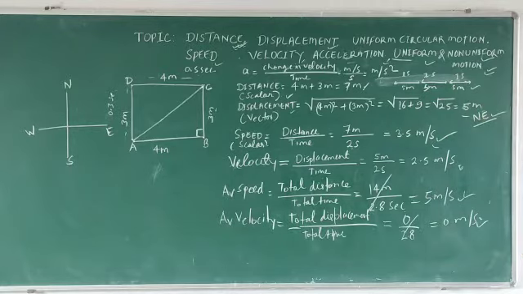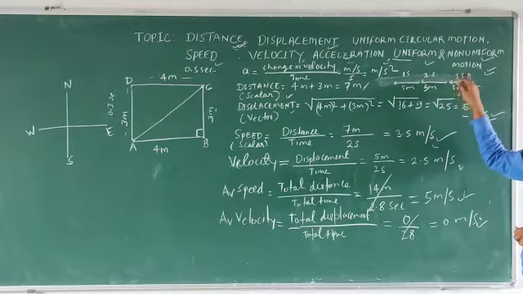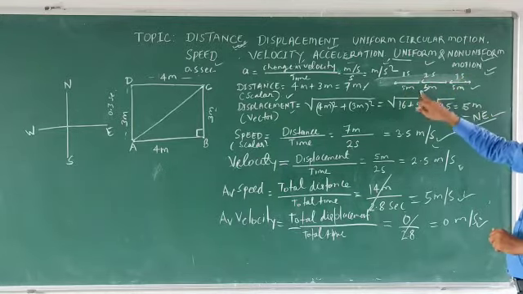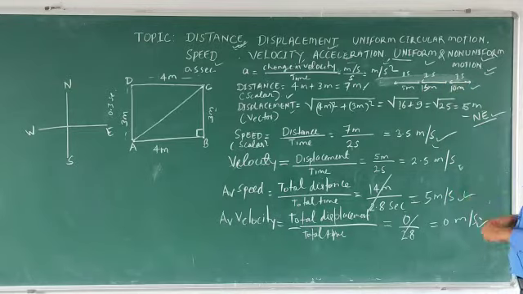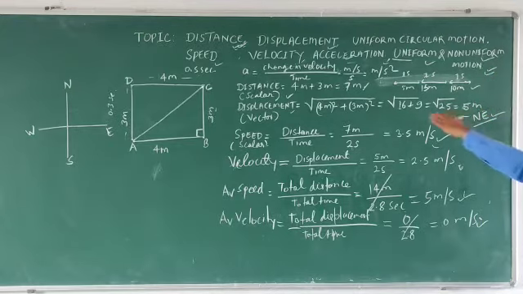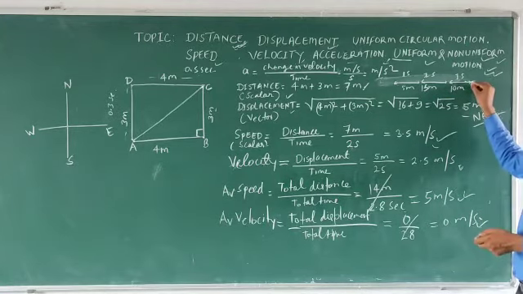In the case of non-uniform motion, let us assume the time interval is the same, 1 second, but in this case the distances are, let us assume, 5 meter, 15 meter, 10 meter. That means in equal intervals of time, if the object is traveling unequal distances, then it would be a non-uniform motion, and the condition is that they have to travel in a straight line.